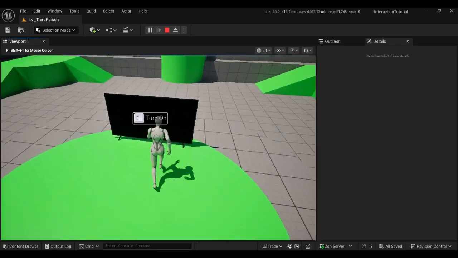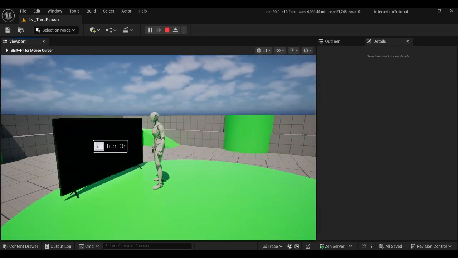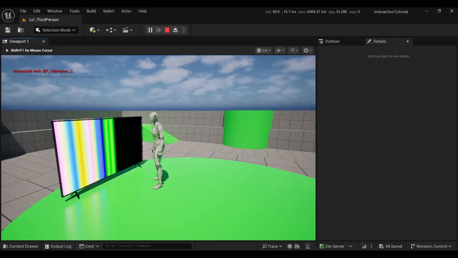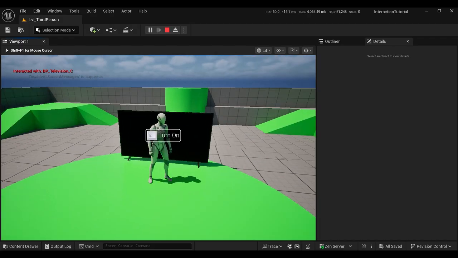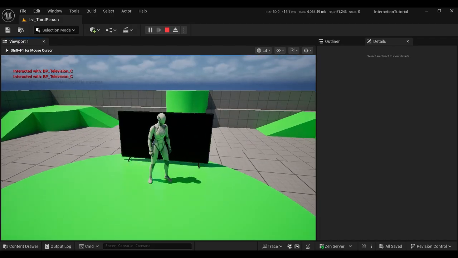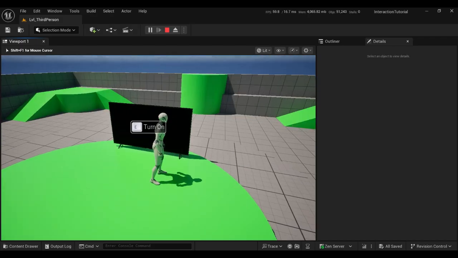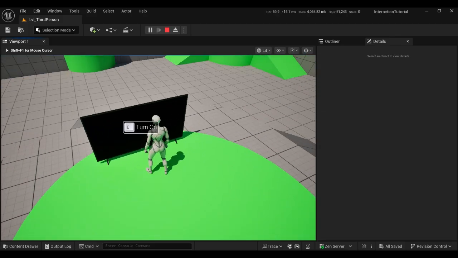So if I get closer to the television, it says turn on, and if we press E, the television will turn on. Then if you press E again, it will turn off. Okay. Now this system also includes